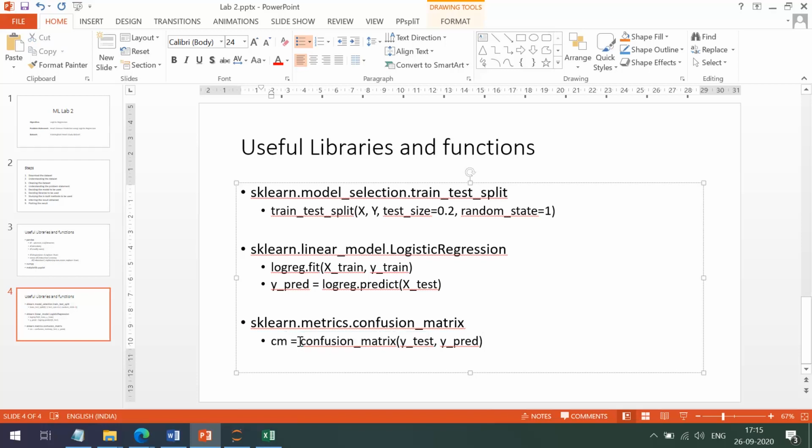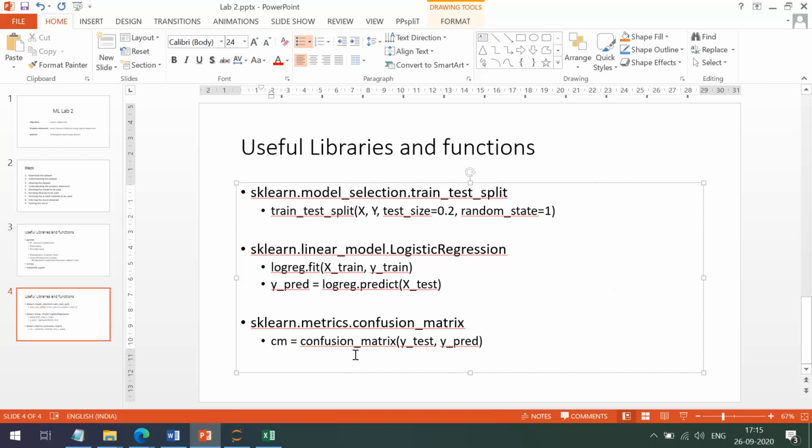I will explain what a confusion matrix is, but before that, remember y_test are the actual values, and y_pred are the predicted values by our model. If the y_test value is 1 and the prediction is 1, that means an accurate result. If the y_test value is 1 and the predicted value is 0, that is an error.